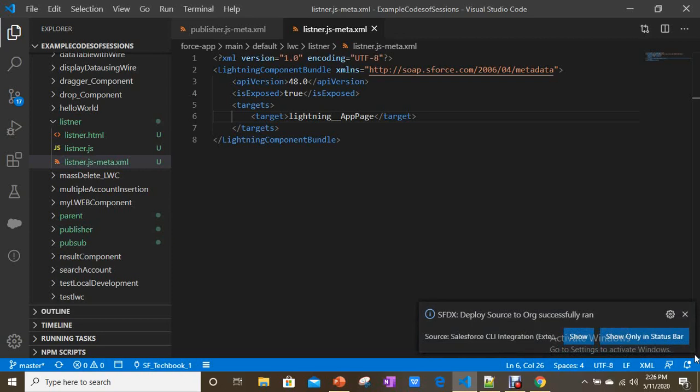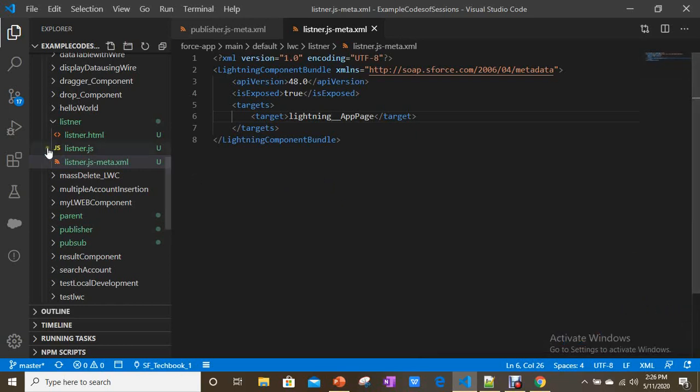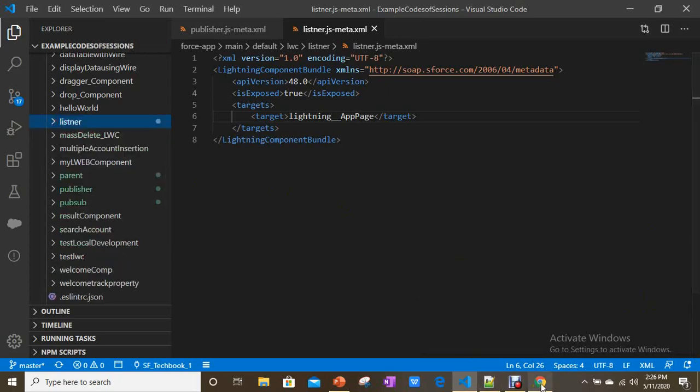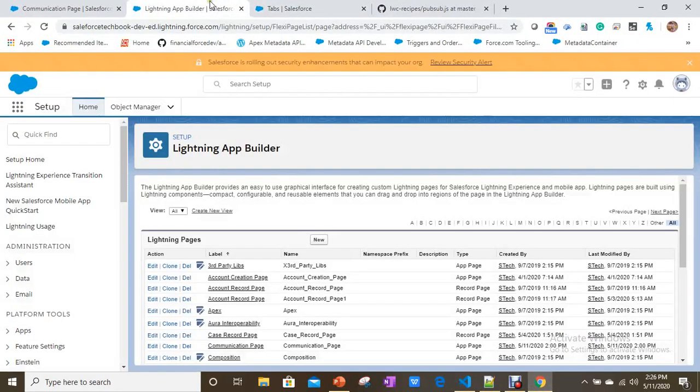Here is how we are making it: we are following the publish subscribe pattern, with the help of a utility from Salesforce, that is the PubSub utility. You don't need to write anything new here. Okay, now let's add these two components into App Builder.